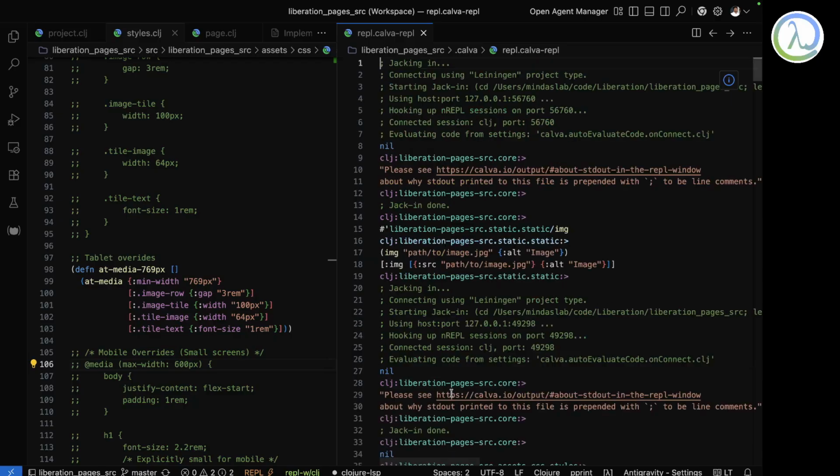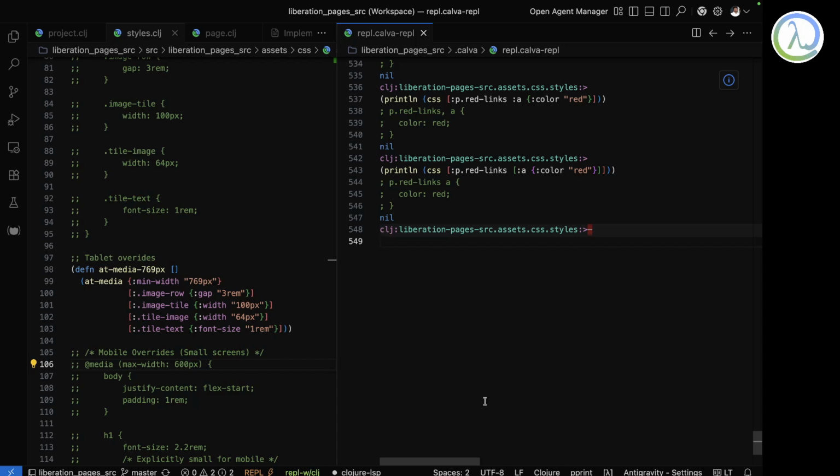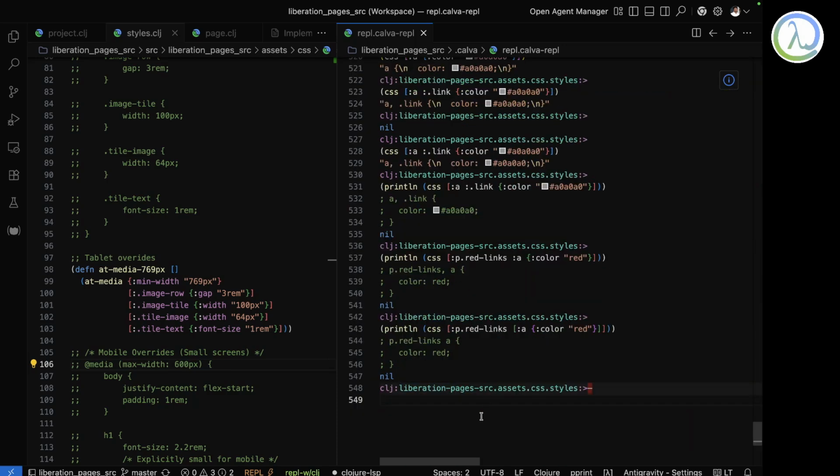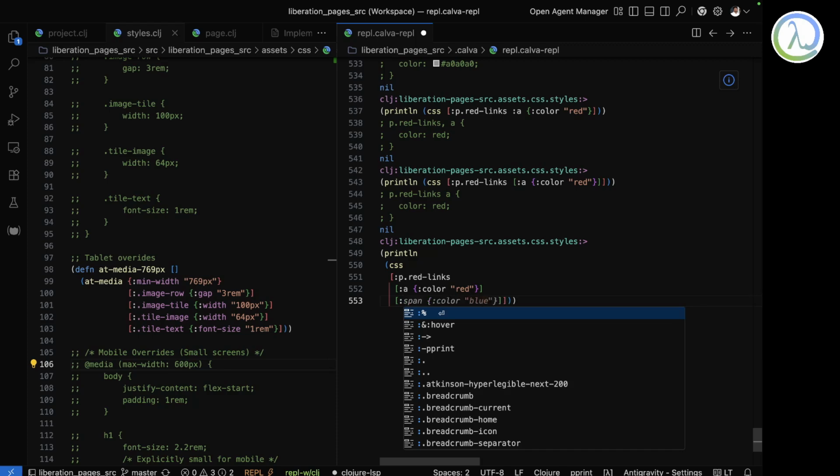Maybe if I want something like another stuff, let me just format this. Okay, this is for A. And I'll put something like span, color blue.